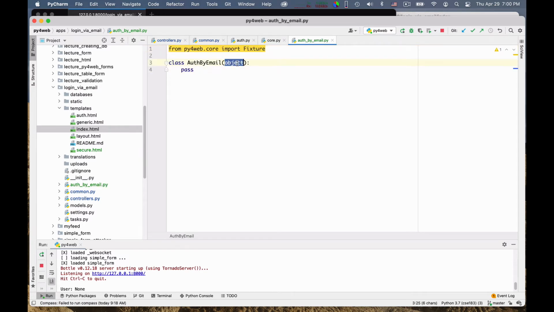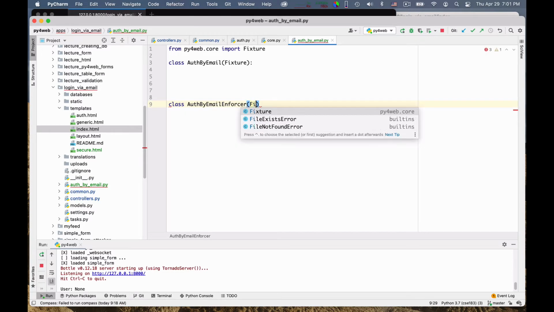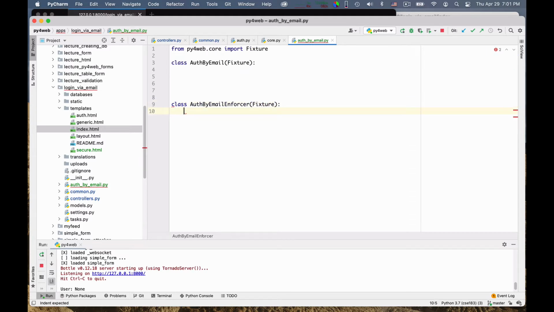And this will extend the fixture class. Okay? And I also want to build another class that will be the class auth by email enforcer, okay, which is also a fixture. Okay, now what is a fixture?